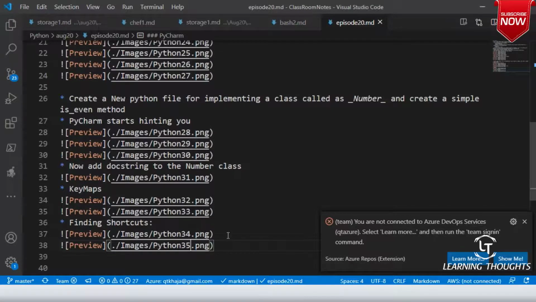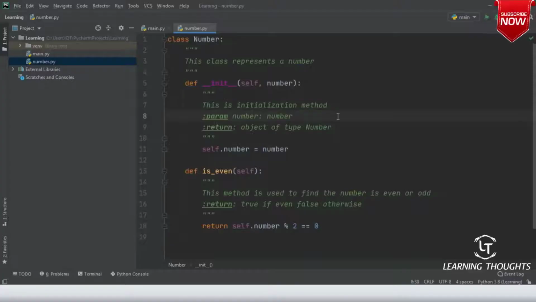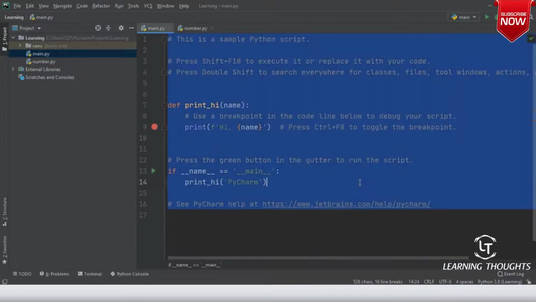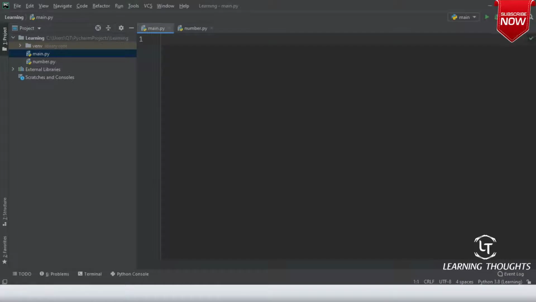So now let us go to main.py and let me remove all of this stuff and write a very simple code over here. I want to use that number class over here. So import number. Are you seeing import number?